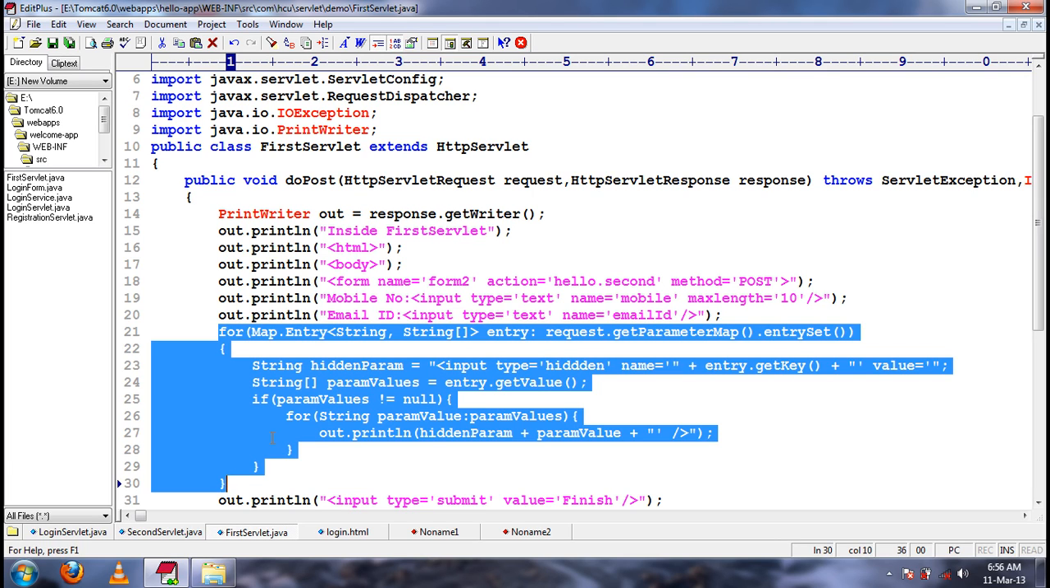So, how many request parameters will be there in the first servlet? 4. Username, password, first name and last name. So, those 4 request parameters will be added as hidden parameters. Input type equal to hidden, name equal to username, value equal to submit. The same way, input type equal to hidden, name equal to password, value equal to something. The same way, input type equal to hidden, name equal to first name,